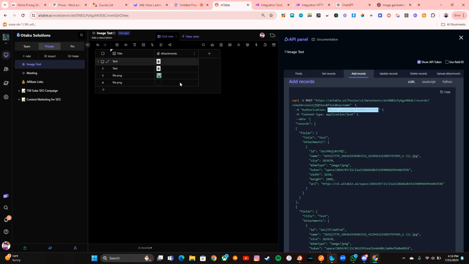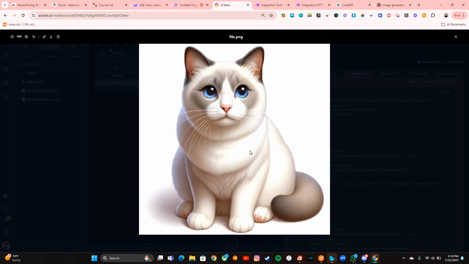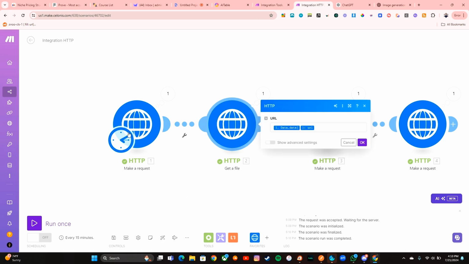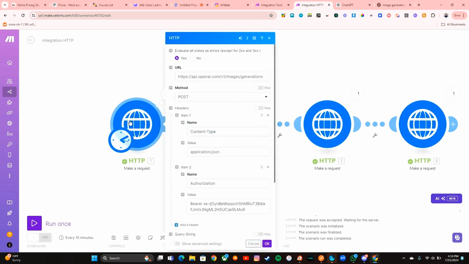All right, so we can come to AI table. We can come here, and we can see the picture of our cat. And let's just do one last test, right?